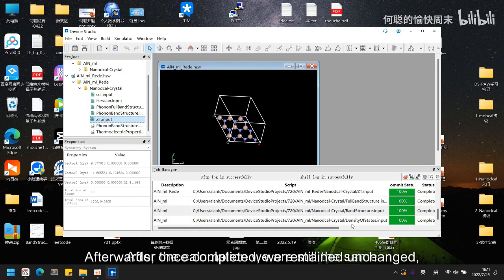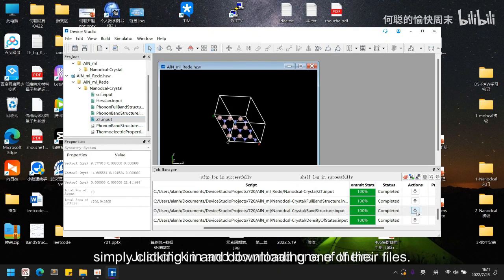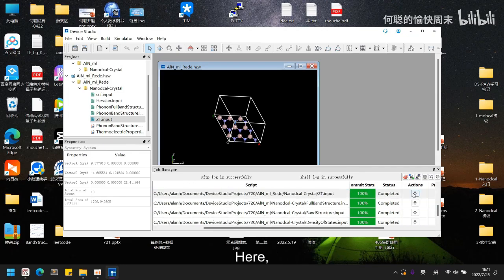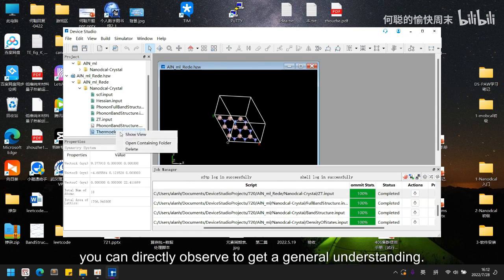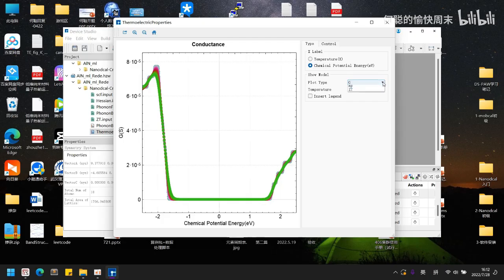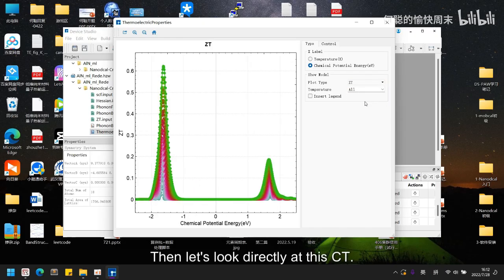Afterwards, once completed, we remained unchanged, simply clicking in and downloading one of their files. Here you can directly observe to get a general understanding. Choose this chemical potential. Then let's look directly at this CT. Well, you can see him in